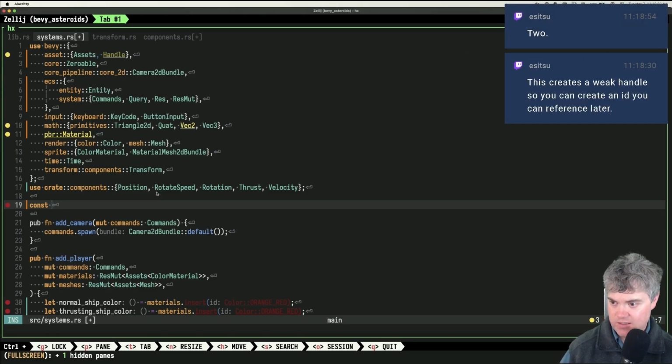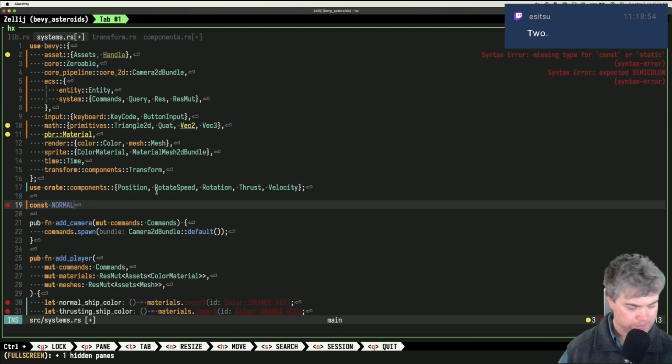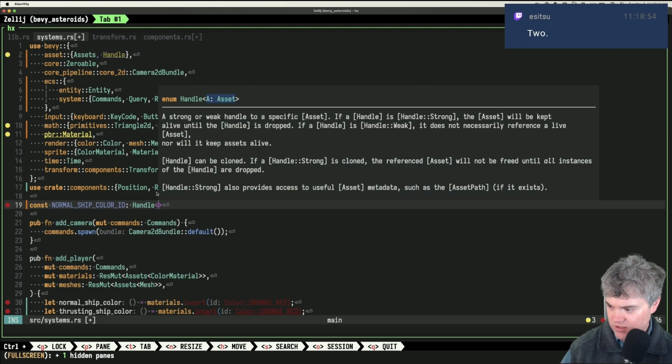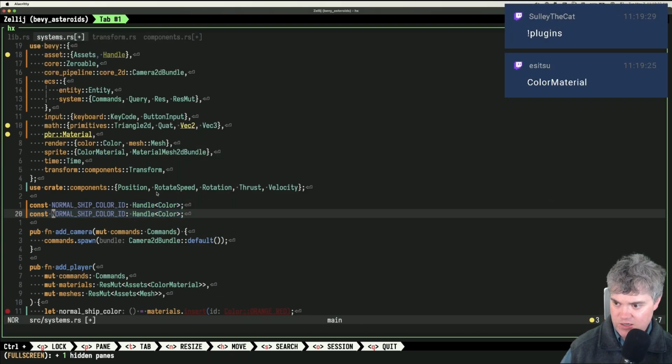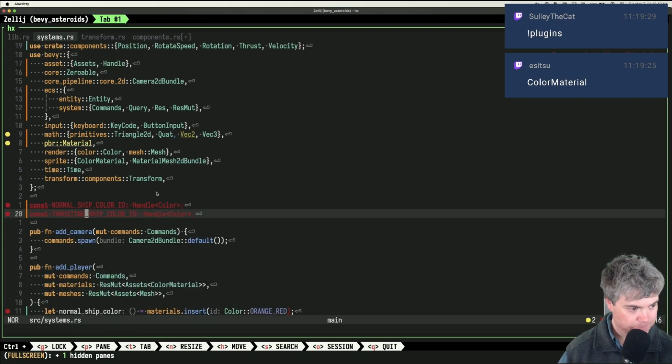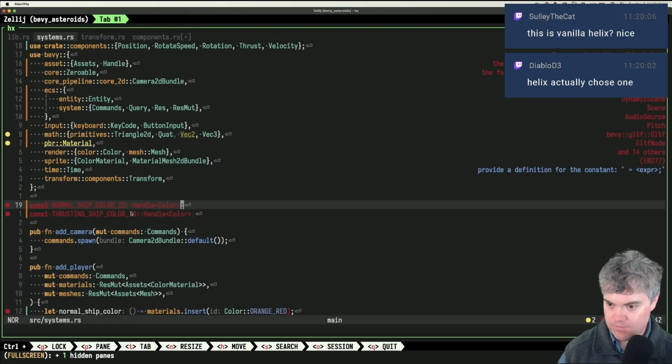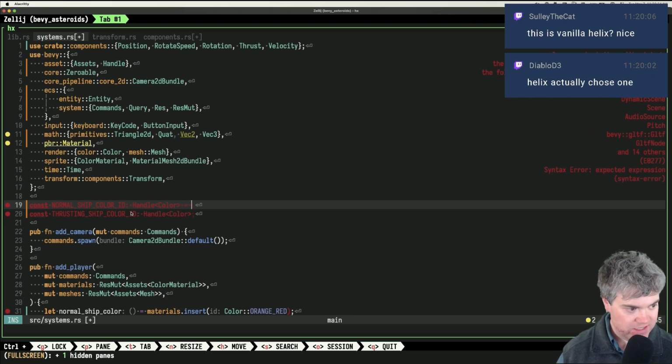Okay, so I want normal ship color ID, which is a handle. So instead of shader, it's a color. And then here it would be thrusting ship color ID. Okay, so I do this.